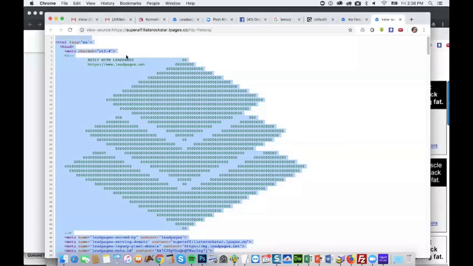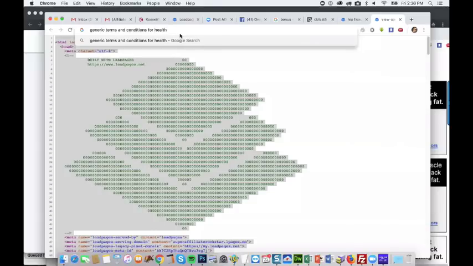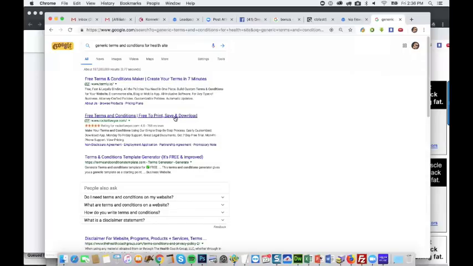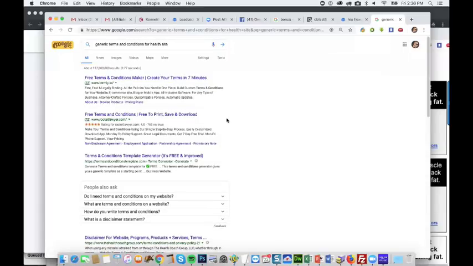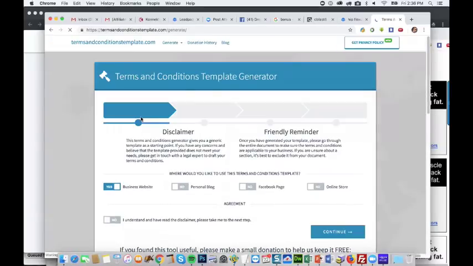So let's look at some generic terms and conditions for a health site. I want to make sure we get the right one, because there are certain things you want to know. Here we go, we've got a template here. Let's see here.